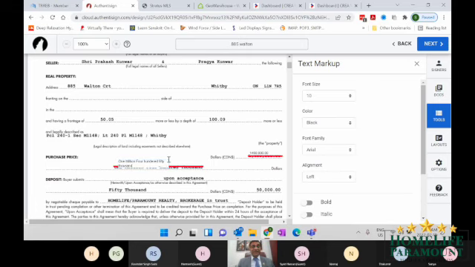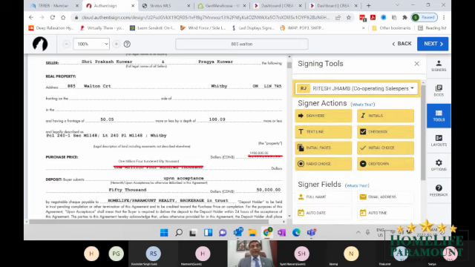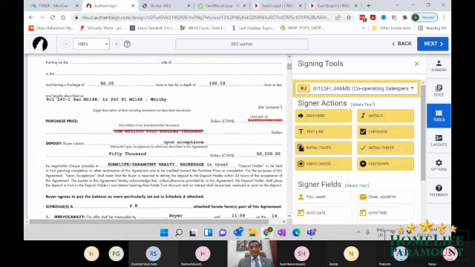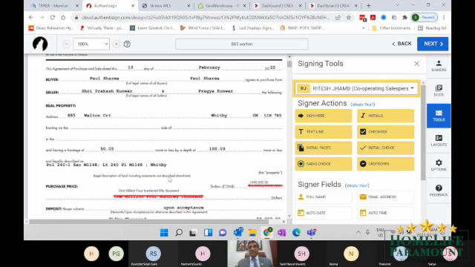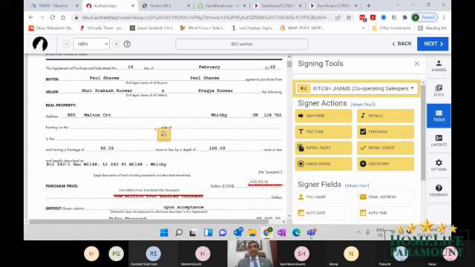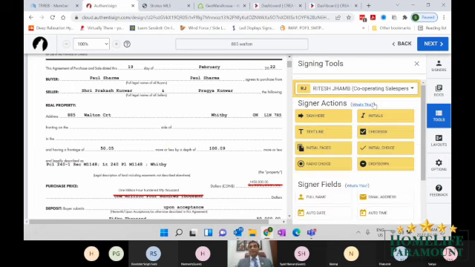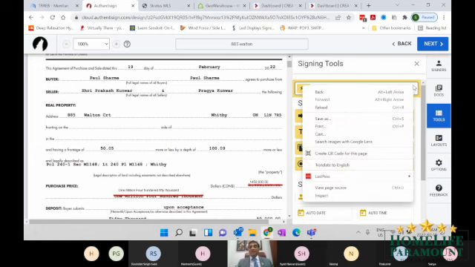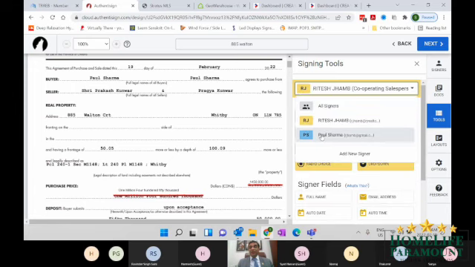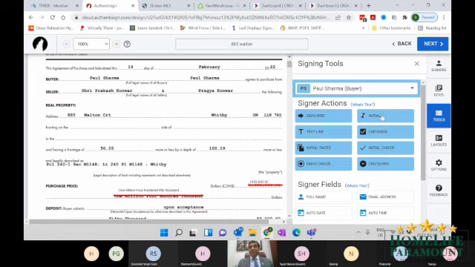And this thing, I'm gonna stretch it a bit so that it comes in one line. And this has been done. The correction has been done. Now what I need to do is we have to put an initial. This is Ritesh, so we don't need that. I'm gonna delete that. So whose signatures do we need? Paul's. I'm gonna change that to Paul Sharma and click on that initial,